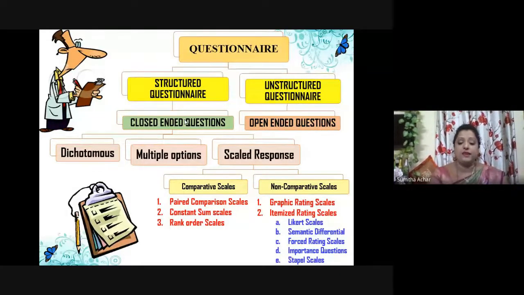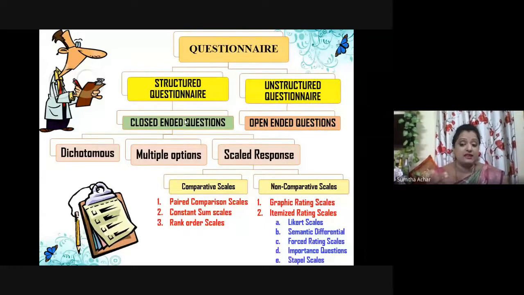What are non-comparative scales? You are not comparing one option with another. Under that, we have two important categorizations which we normally tend to use in our research. Graphic rating scales are something we normally use when you have only one question. For example, whenever you go to a mall, based on their service, they'll ask you to rate. If you click on an emoji which shows teeth and a very nice smile, that means you are delighted with the services, isn't it? If there is a very sad face, then you're not happy with the services, something like that, based on graphics.